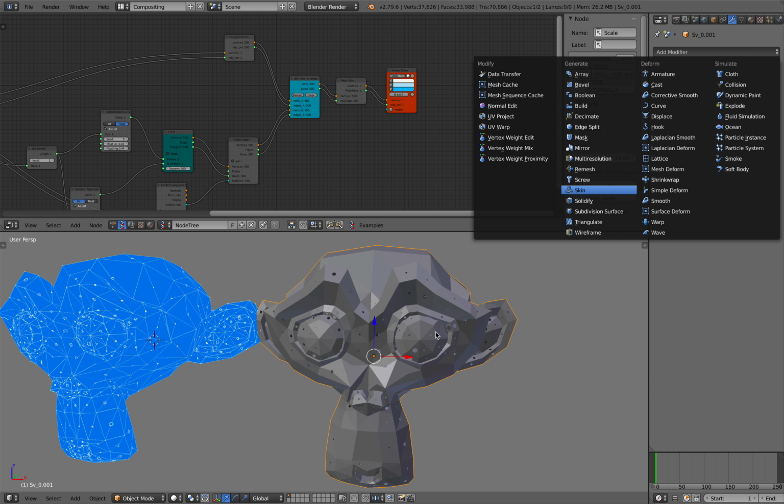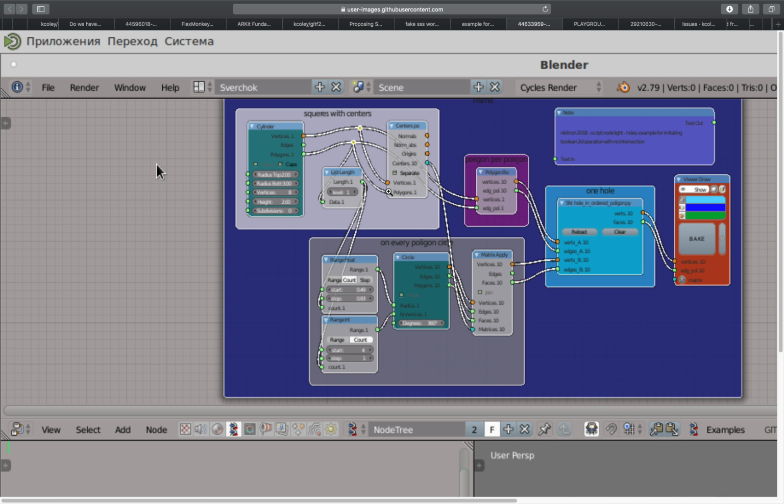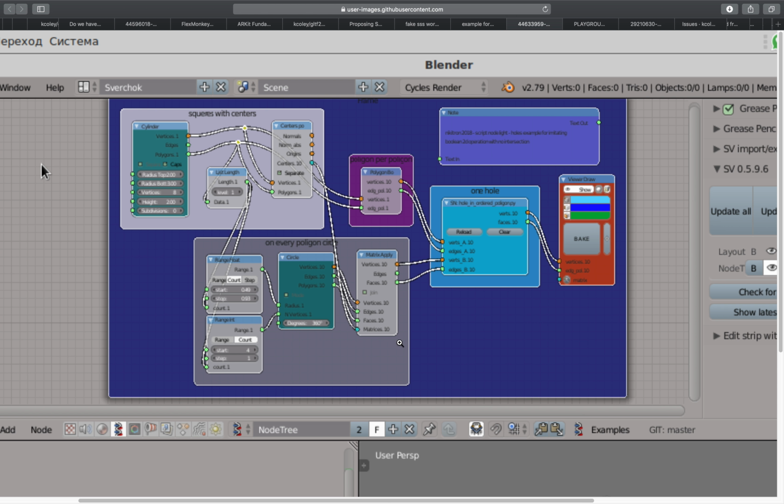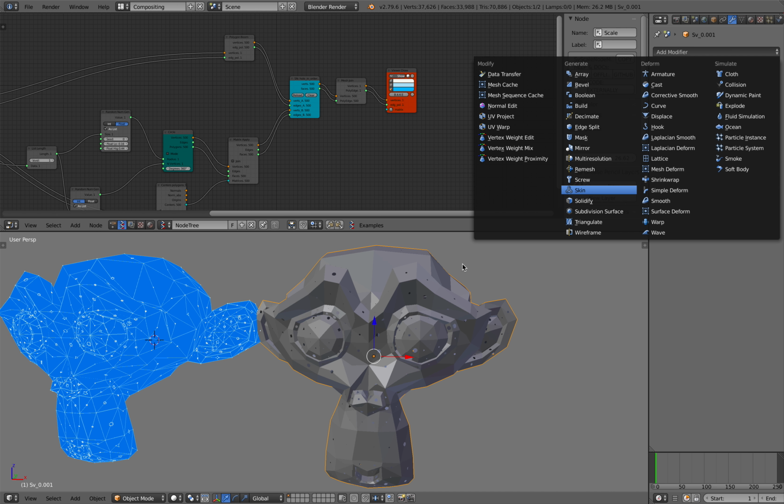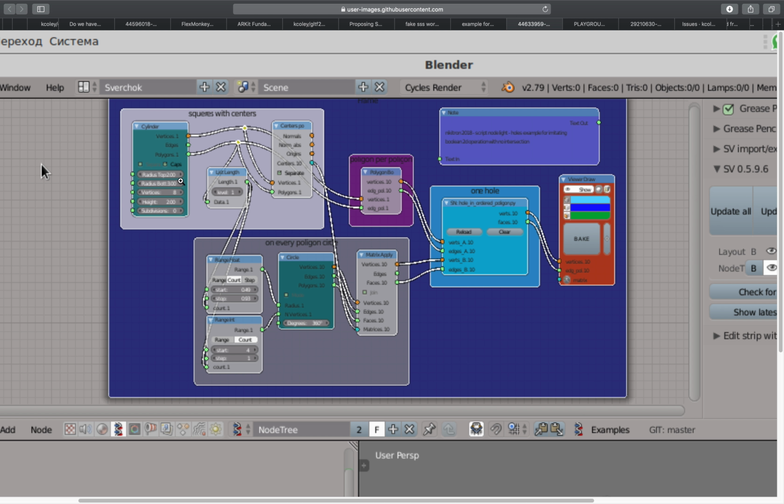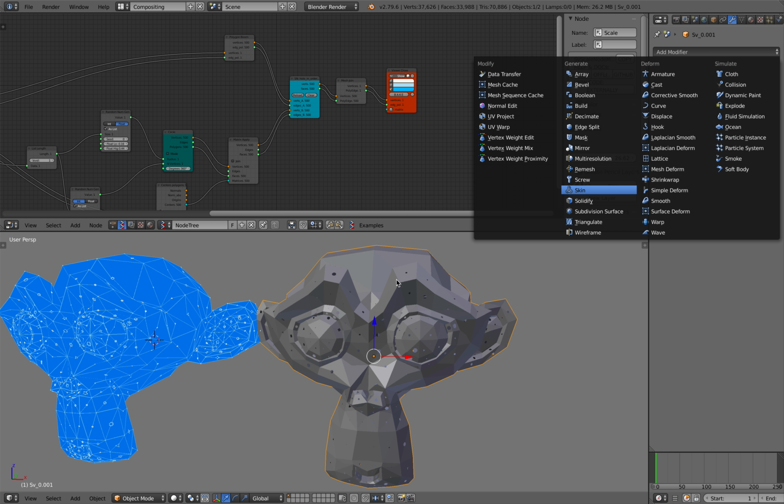So this might take a while, but that's pretty much what I want to share with you. So the whole thing came from this recipe. This recipe is by Nikitron. Yeah, this is a very organized way. If you actually do this more properly, you want to organize every node inside a frame. So this is the script node light that's doing the hard job. Basically, you supply it with the same number of polygons in any shapes, and then this one, as long as this one is smaller, it's gonna generate a hole on every face. So this one is gonna take a while, but